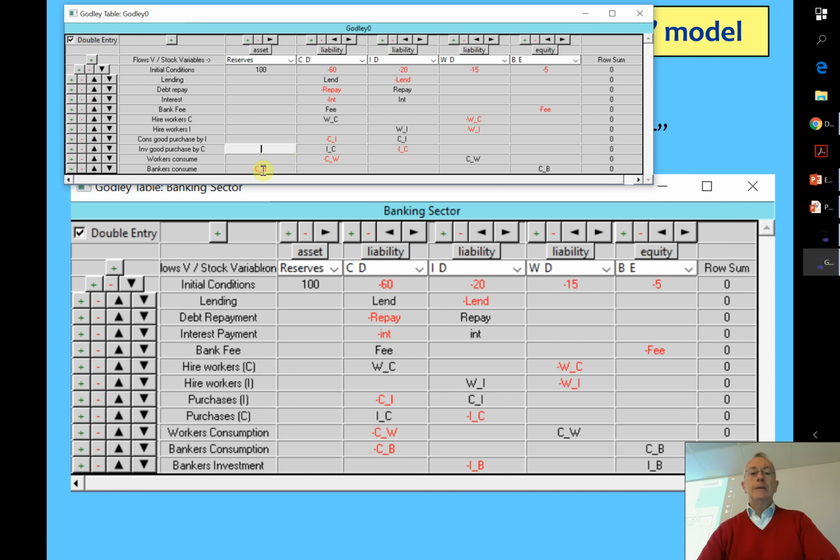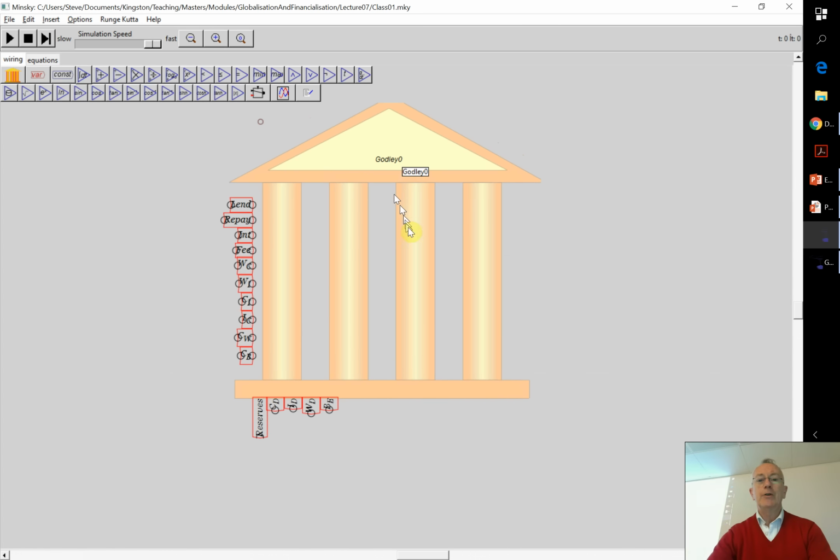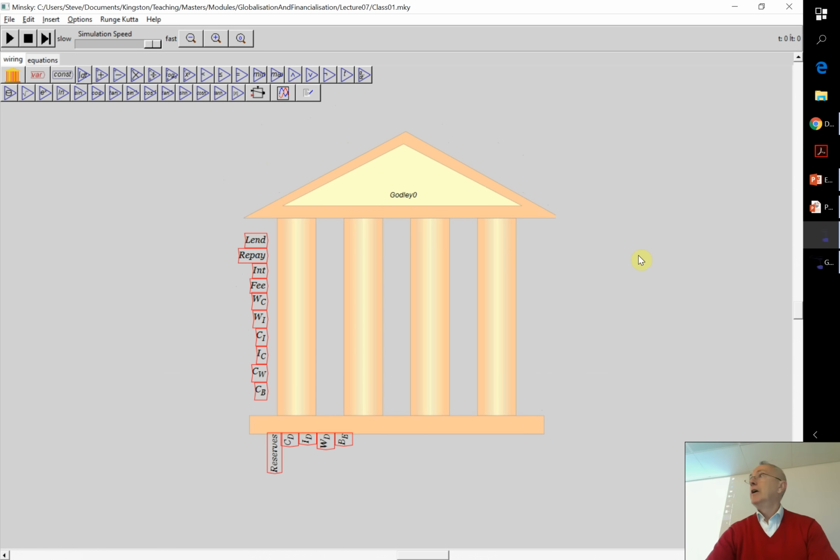So again, the same idea. Click in the cell, then drag, and you'll see that symbol turning up, a little rotate or flip around symbol, and then release, and you've moved the entry over. Okay? You want to add copy and paste and things like that at some stage as well, because that just takes money for programming. Okay, having done all that, now look at your Godly table and notice what's there.